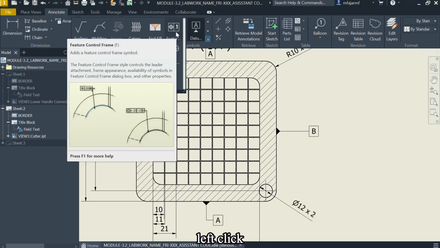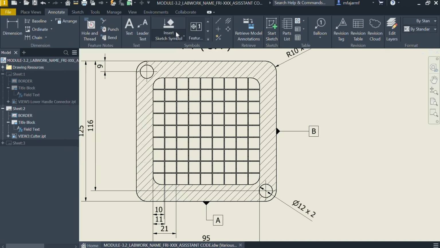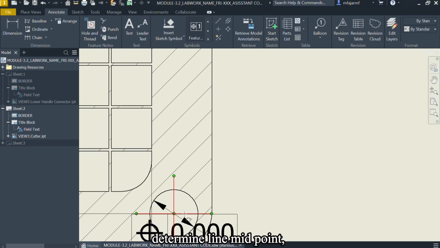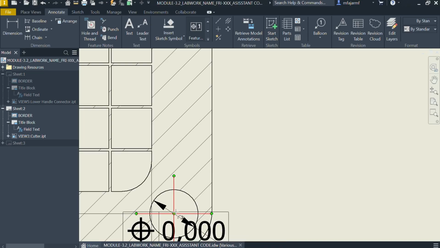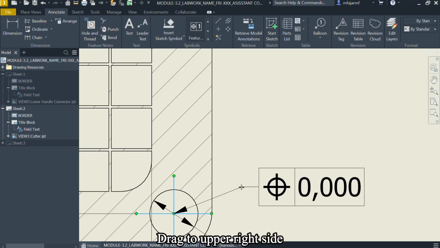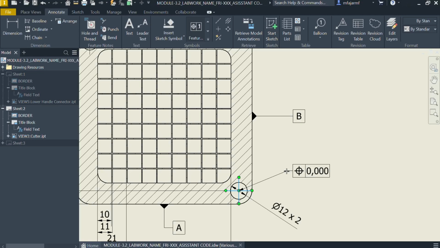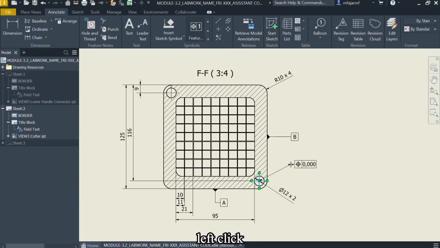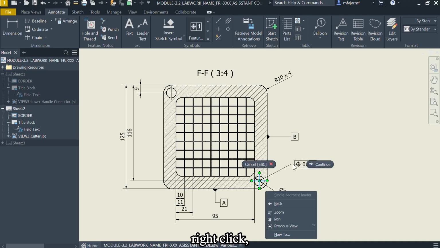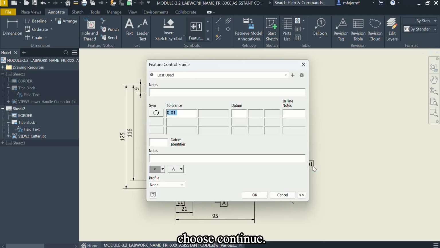Left click. After that, left click on determine line with midpoint like this. Drag to upper right side. And then left click, right click, choose continue. In this feature control frame, expand the symbol.